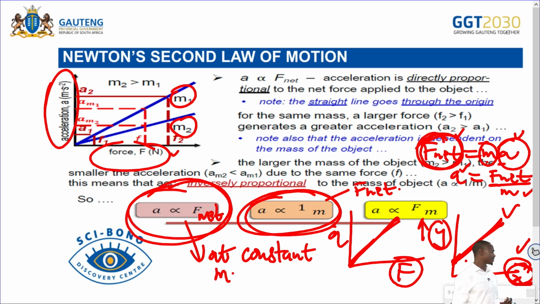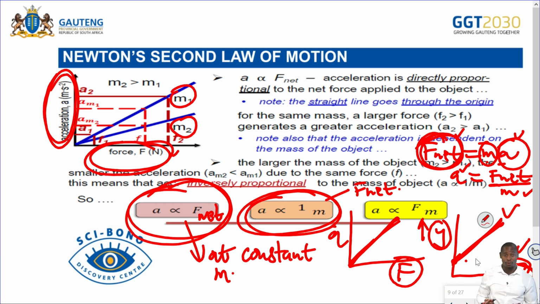the control would be the mass, and they will ask you the physical quantity that is represented by the gradient. All right, so this is a straight line, so we know that the gradient does not change. How are you going to find the gradient of this graph? This is what you need to do. You have acceleration this side, and force on your horizontal axis, which is your independent variable. You want to find the physical quantity represented by the gradient of this graph. Then you need to check an equation where we have acceleration and the force,